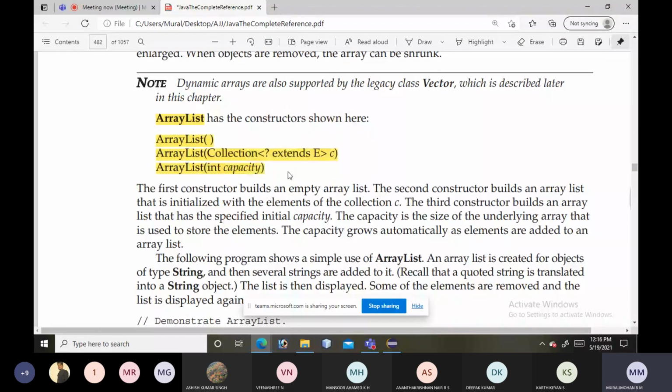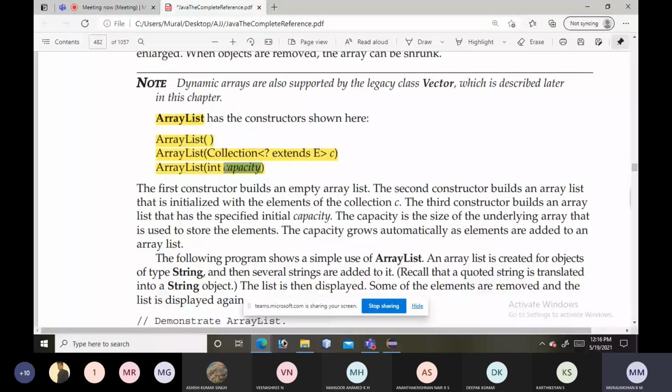First one, an empty ArrayList we are creating. Second one, we are creating an ArrayList and initializing it with the elements of a collection. Third one, we are specifying the capacity or the size of the ArrayList. As the elements are added into the ArrayList, this capacity may grow, or if we are deleting the elements, this capacity can automatically decrease.